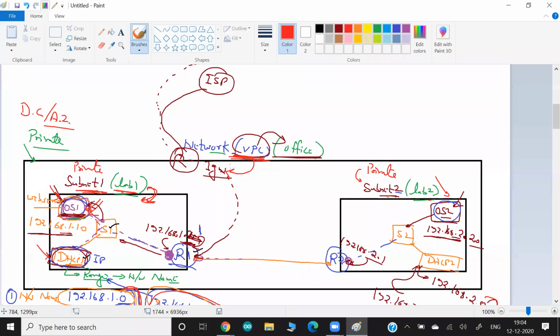They all try to put the internet gateway on lab 1 or lab 2, subnet 1, subnet 2. No, we have to put the internet gateway at our office premises, means at the VPC. So we have to go to VPC and create the internet gateway there. Okay, this is one thing. So now I can say my office has an internet line. Okay, and because my office has an internet line, now your office will decide which lab you want to give the